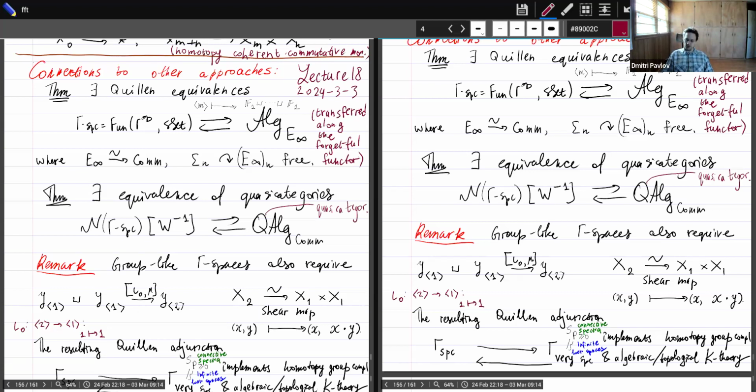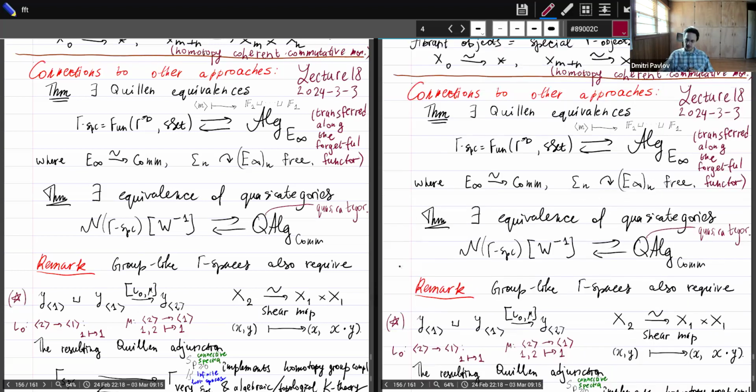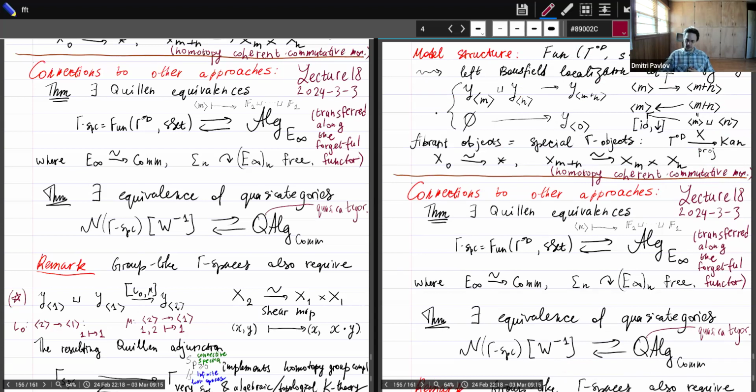And the map mu is for the second summand on the right. This map is induced by the map that we previously discussed. It's a map that induces multiplication, and it sends both elements 1 and 2 to 1. So these two maps taken together implement the shear map here. So if we add this map to the list of maps that must be inverted by a left Bousfield localization here,